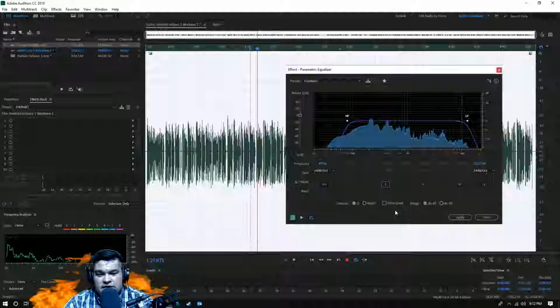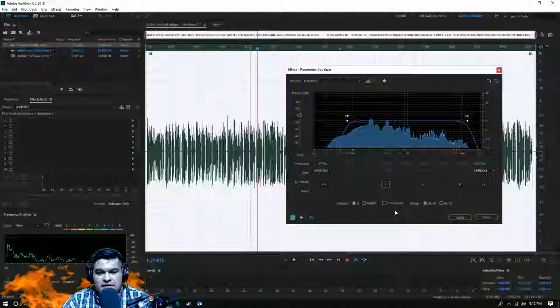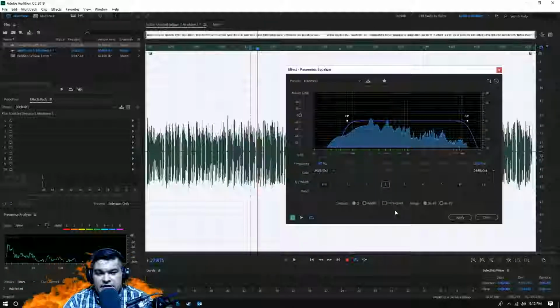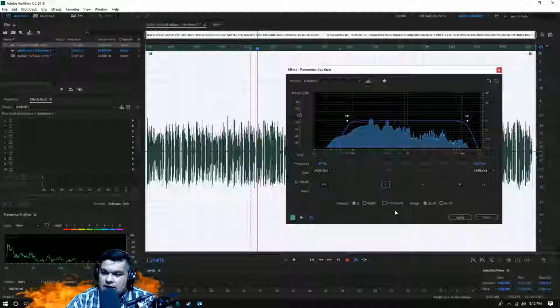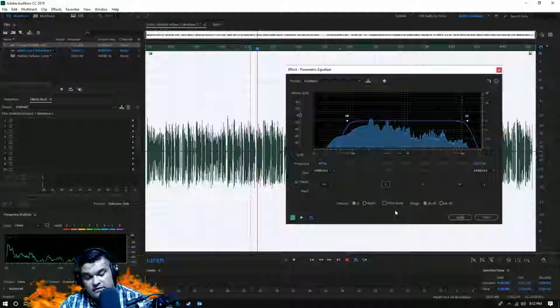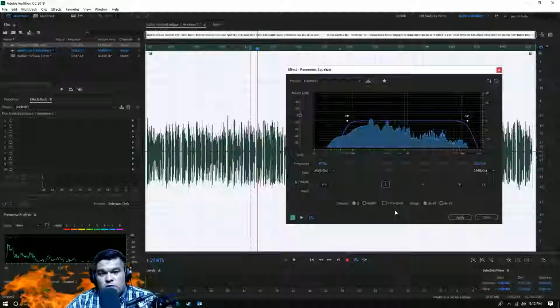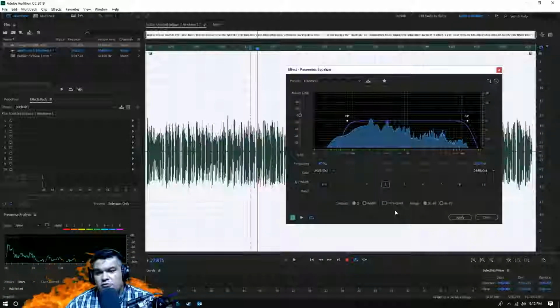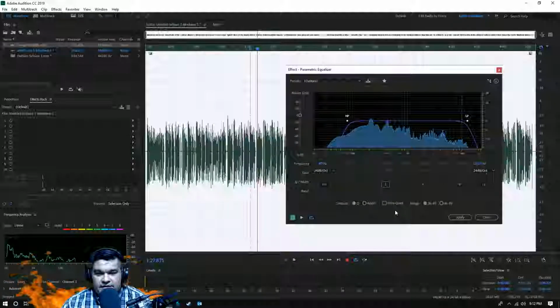It just notches out a very narrow band of frequencies there to kill that S sound, the sibilance. As a matter of fact, the processor I'm using here has a de-esser built in, but anyways, a notch filter. The human voice covers a fairly broad spectrum of frequencies, and within